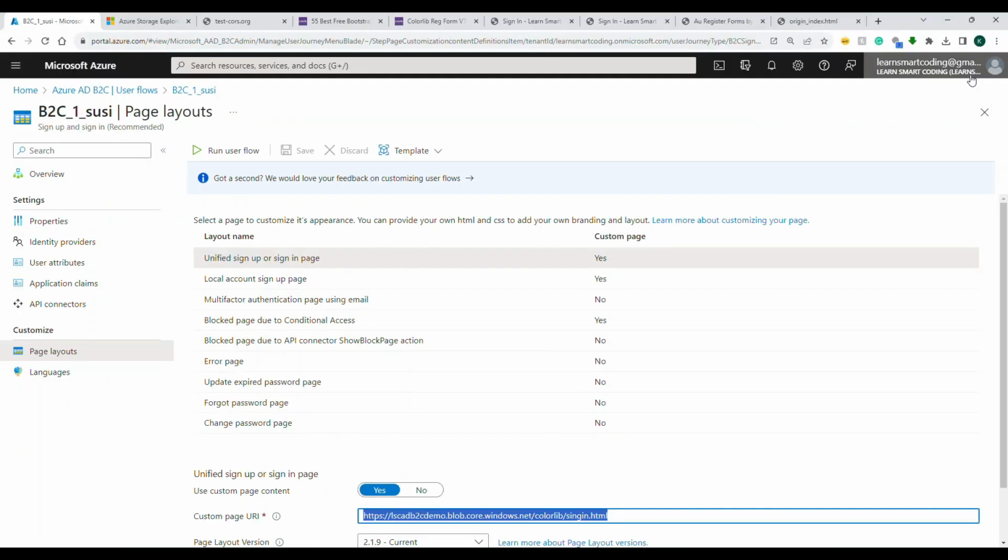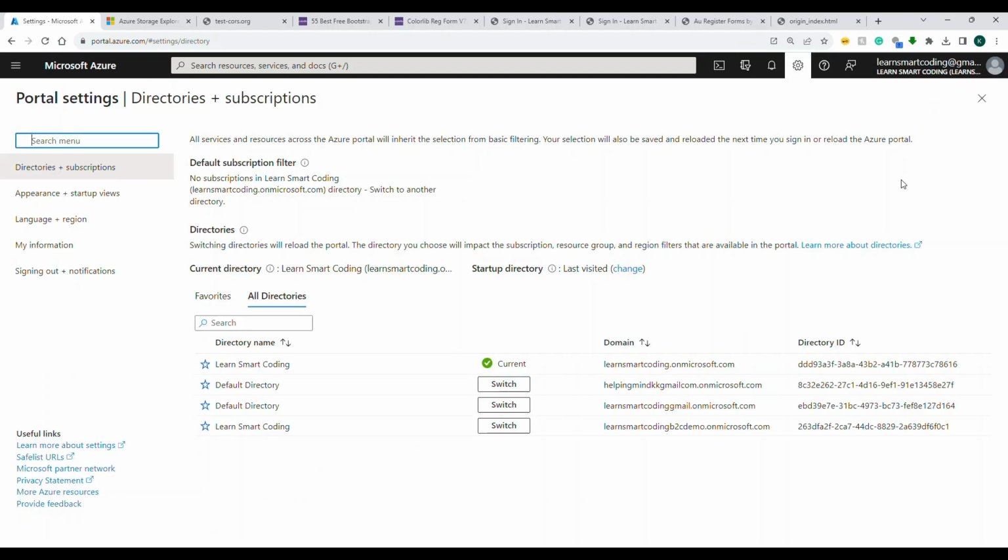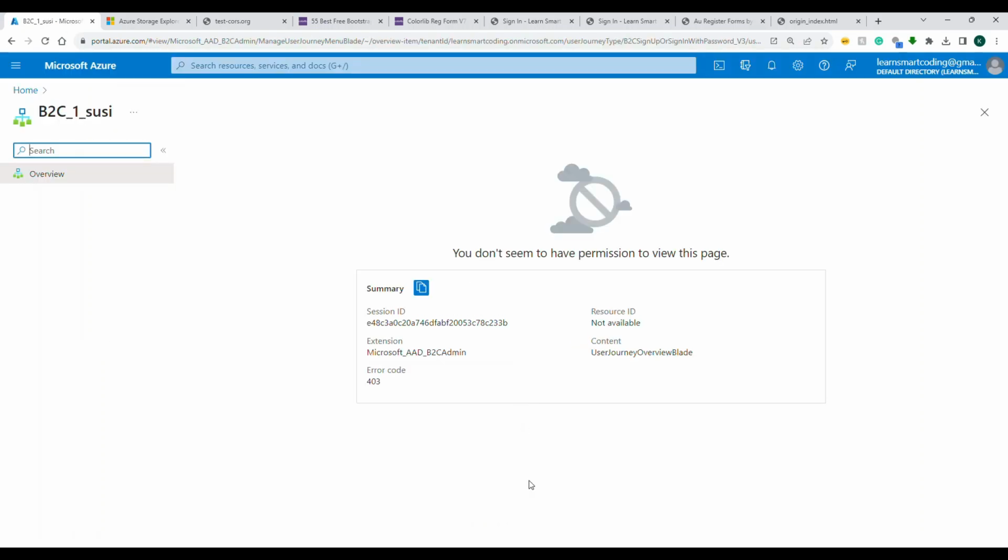In order to go step by step, first you need to push all this content to the Azure Storage account. Step 1. That's very important. Now, when you switch these things to Azure Storage account, there are two things you can ask. Now, when we switched from the original directory to the